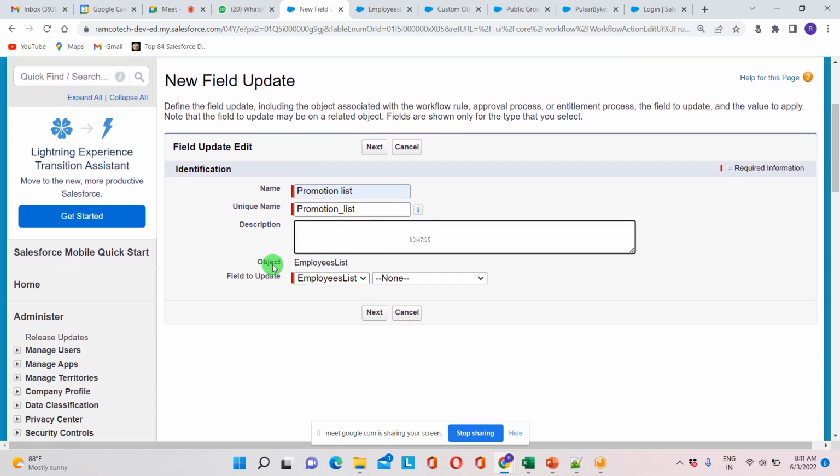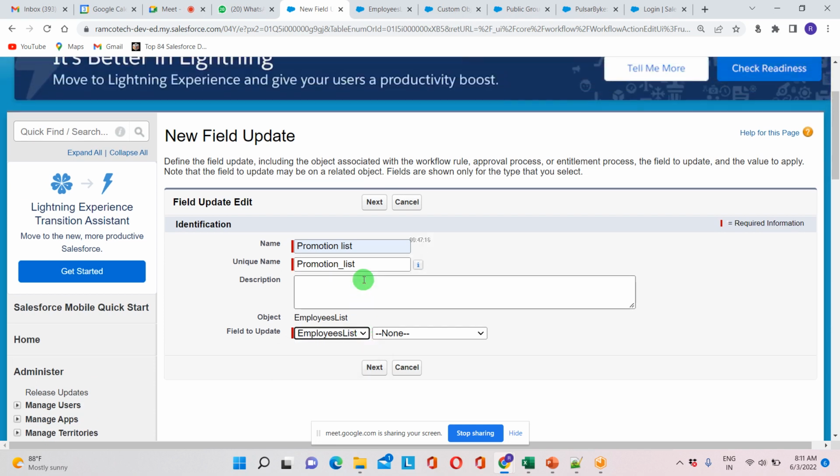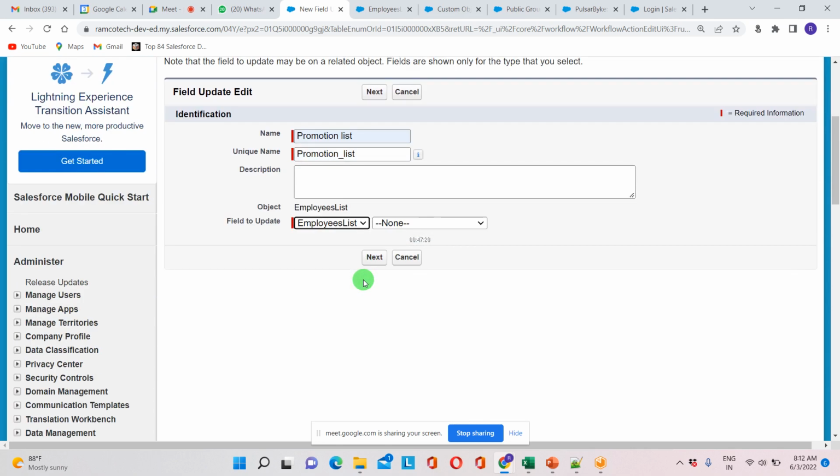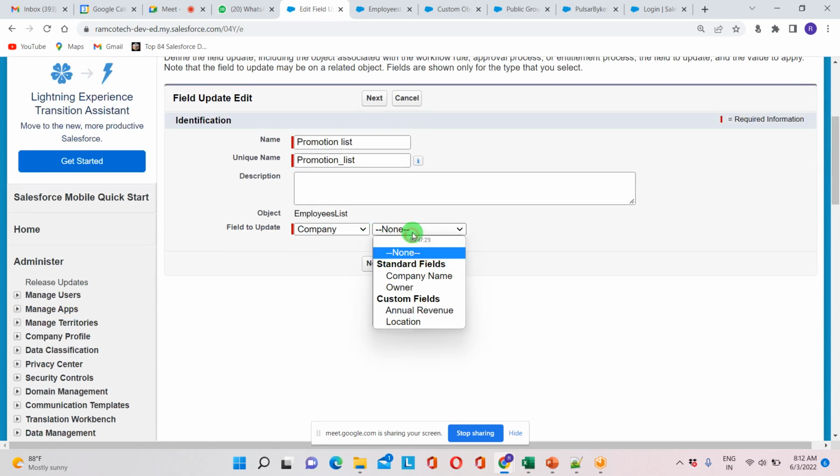Okay, object employee list, field to update here, company and employees list both are coming. Any guesses here? Vijay, are you there? I think we have one relationship with them. Yes, exactly. If you click on company, then it will ask you in a different way, company name or owner. But we don't require company now. Just click on employees list, and now here